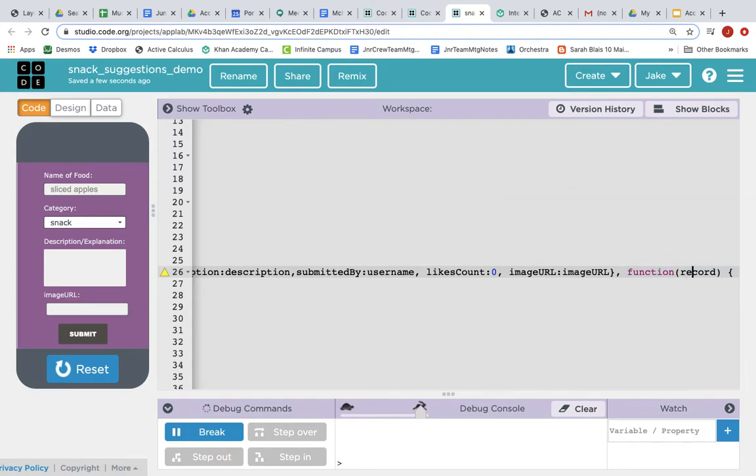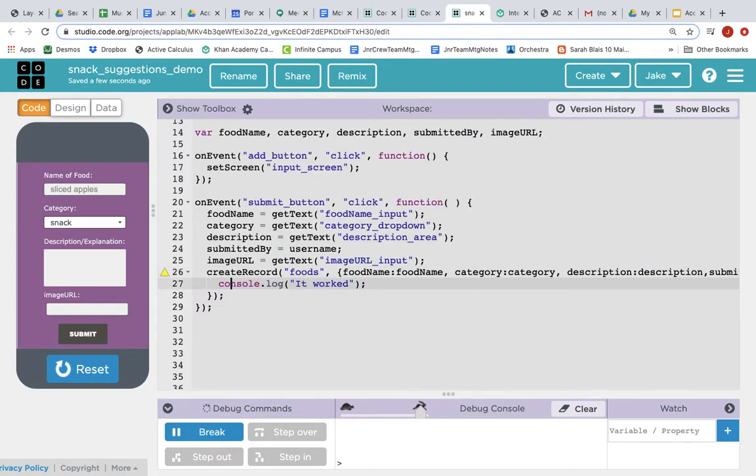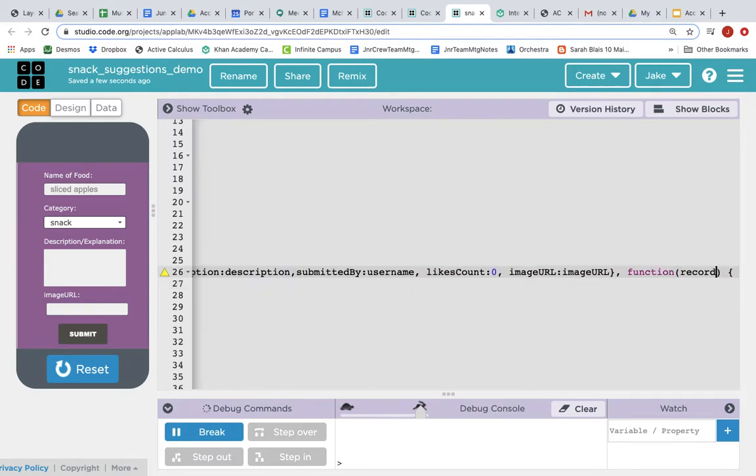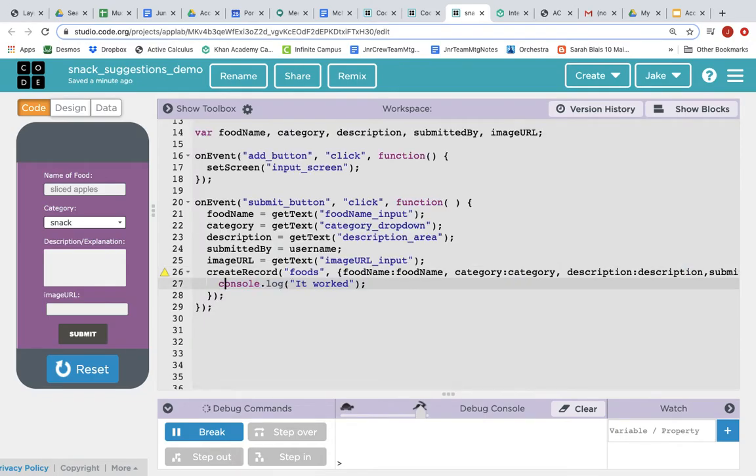So this callback function is useful because you can use it to print out a message after the record has been created. And you can see that it has this record parameter. This is actually an object that represents the row of the data table, the database row that was created. So if we did console.log record.id